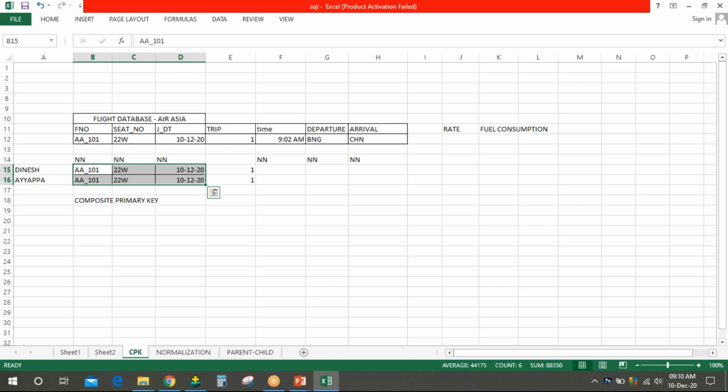Two tickets can be printed with the same data, then there will be confusion again. See, with the kind of constraints you have given here, not null, not null, not null, I have entered this value first. By mistake, can I enter this second value with the same date? Can I do it or not?